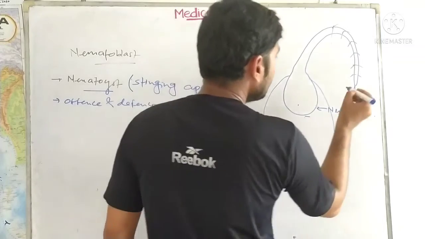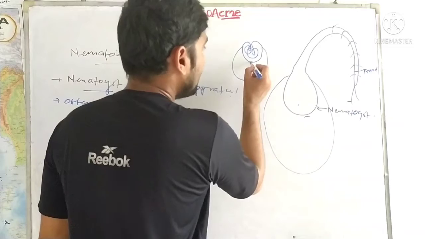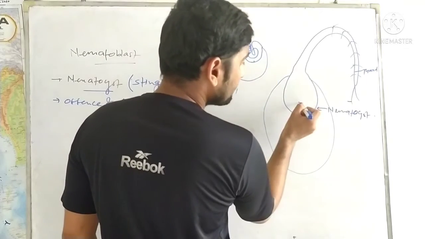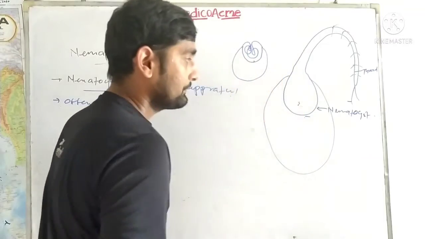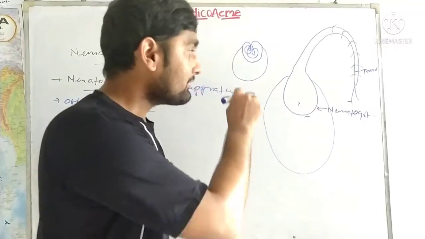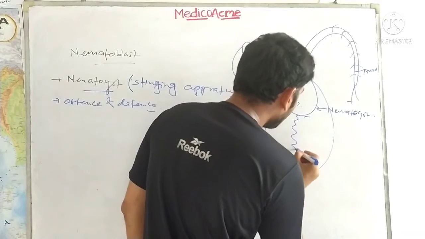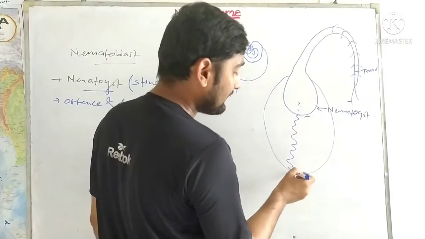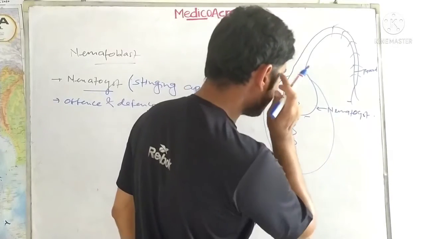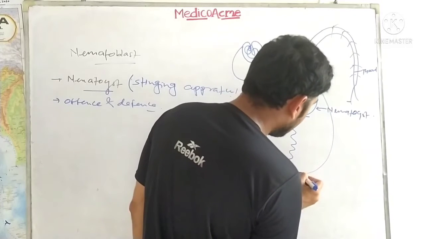So this is actually the thread. It is called thread actually. You can see that the thread is encapsulated in this kind of bag-like structure, sac-like structure. So actually these all have different names. First know the name. For anchoring this, so that it cannot be thrown out of the cell, the nematocyst is attached with the base of the cnidoblast